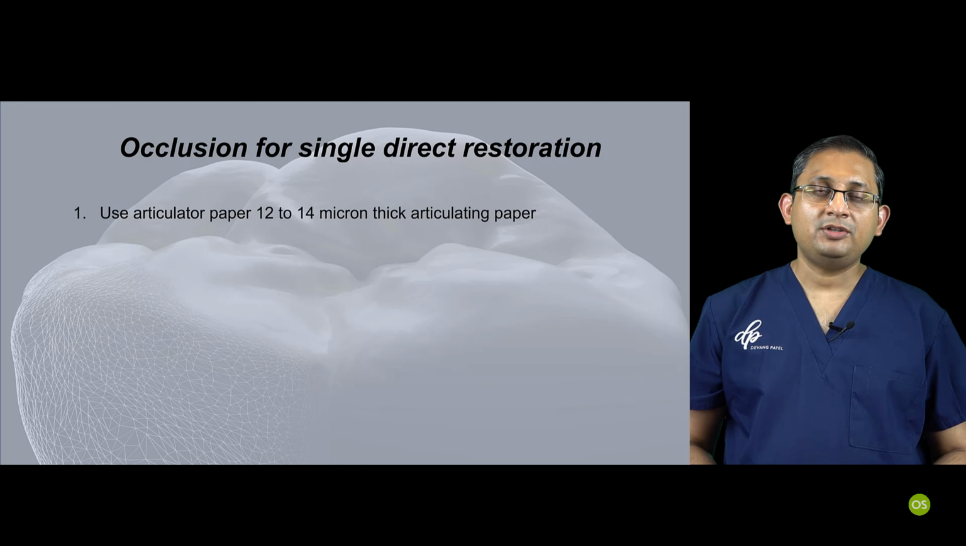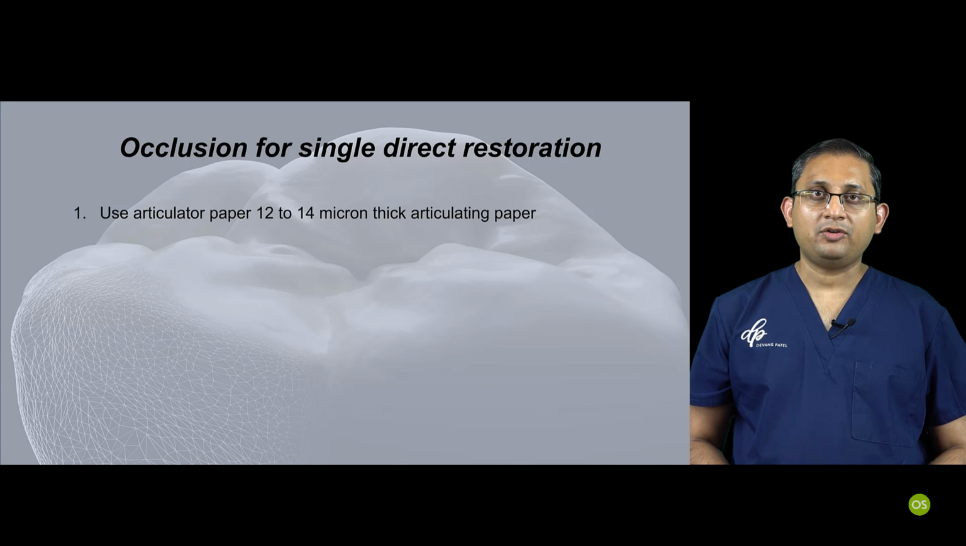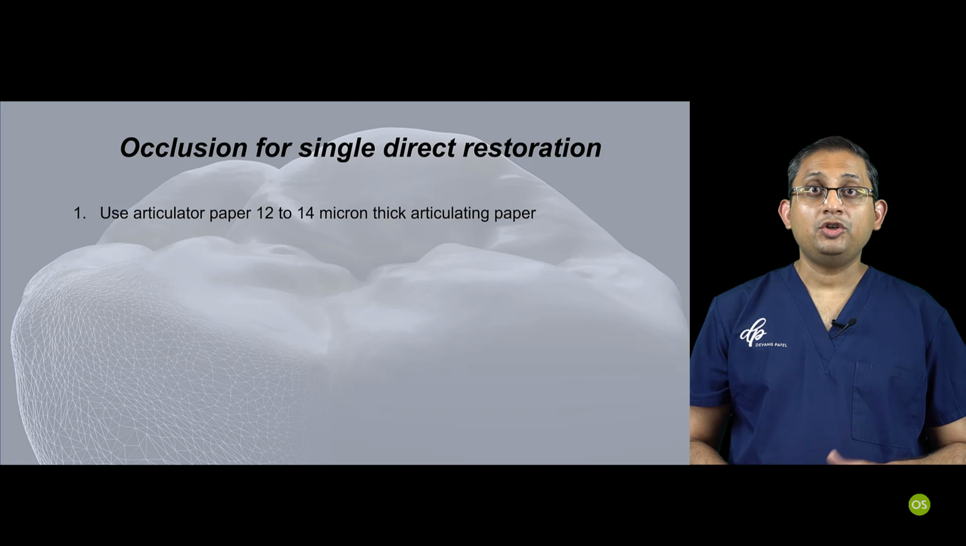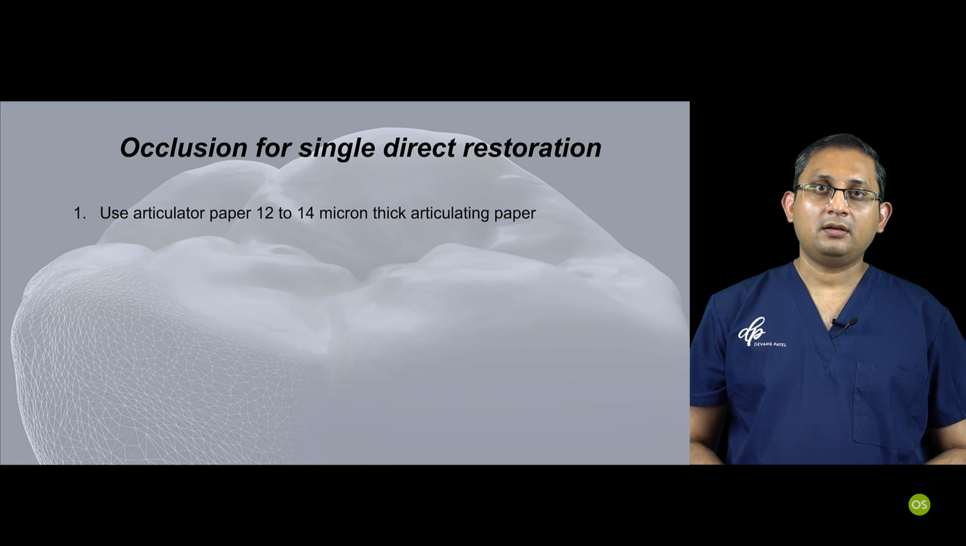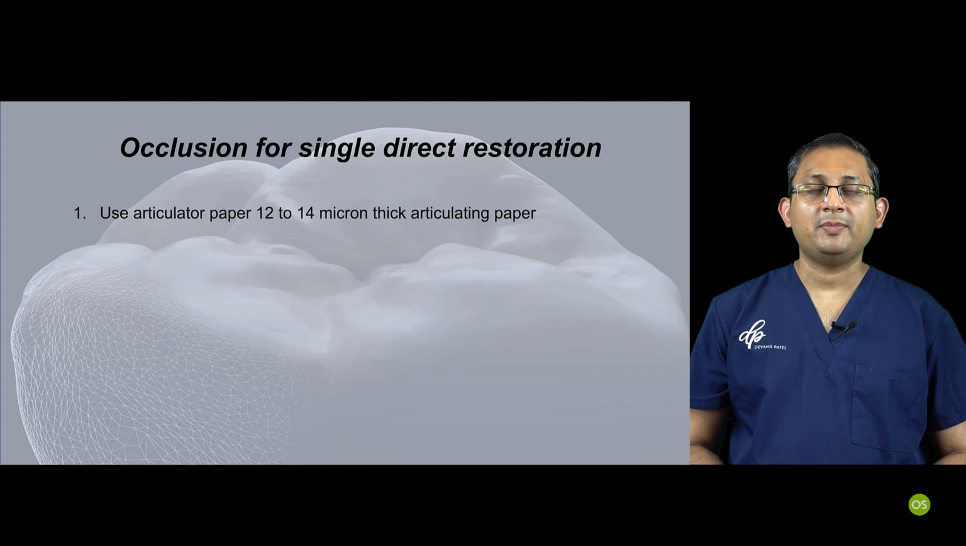I would recommend that when you are assessing contact points, use 12 to 14 micron thick articulating paper. There are various sizes of articulating papers available. The thinnest you can get is around 12 micron because it's an 8 micron sheet, and then you have color which has a certain thickness. You could get a single surface articulating paper which is thinner than a double surface articulating paper. However, I tend to use double surface articulating paper with a 12 micron thickness, which is appropriate for